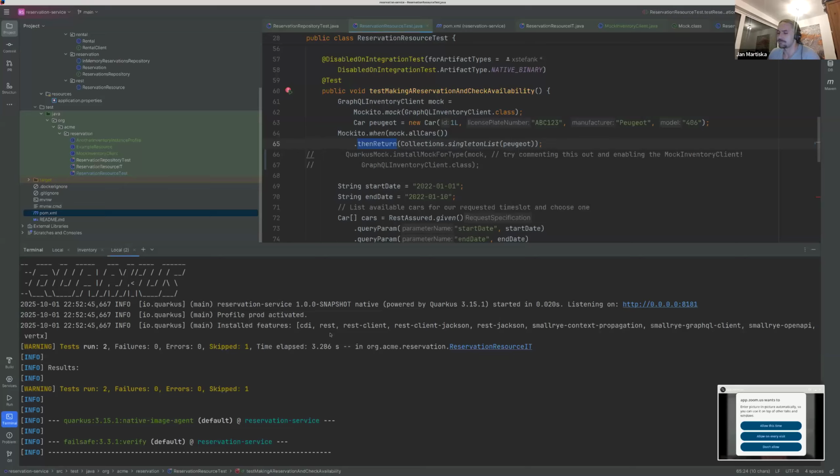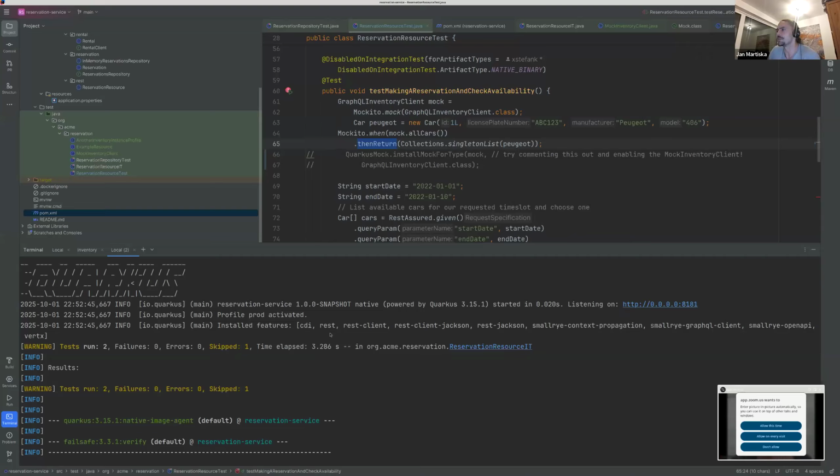How mocking works is that while booting the application, it replaces some stuff that was baked into the application at build time, basically. So when you build your application into native mode, this is not possible anymore. The mocks would have to be baked into it, and I don't have the more exact details, but